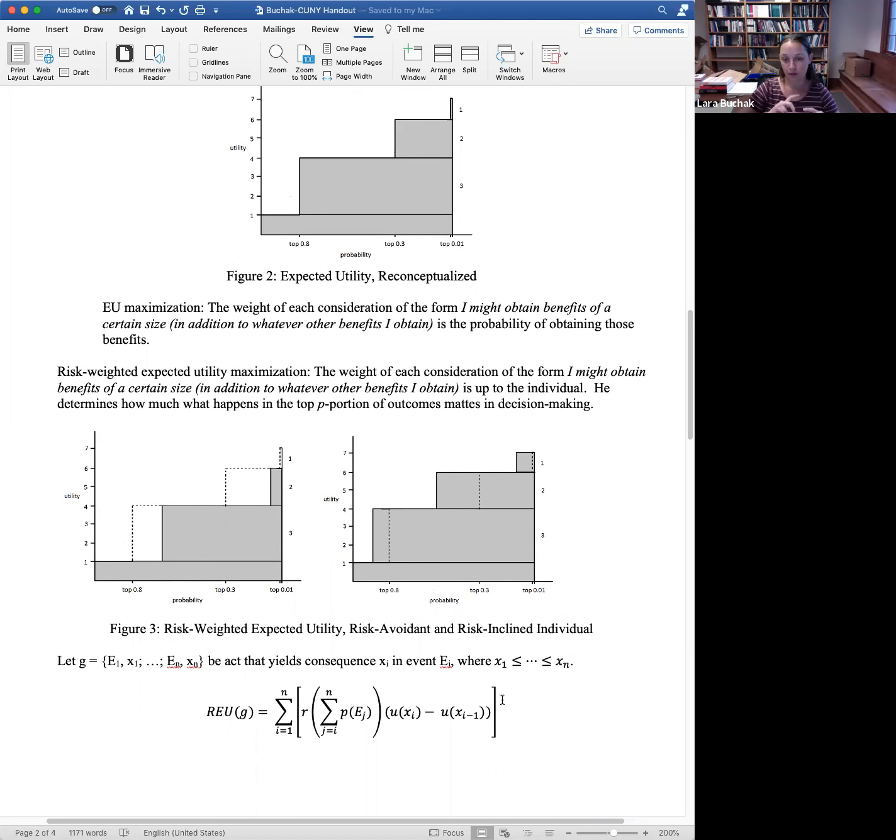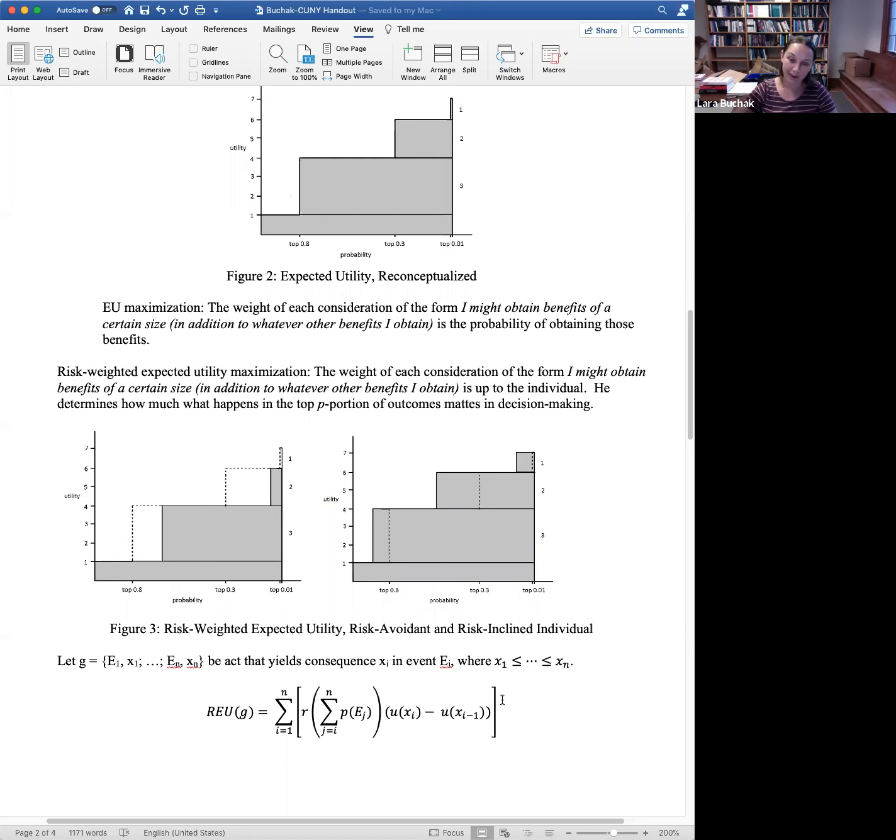whereas normally in expected utility, the utility intervals that I've drawn on these figure 2 and figure 3 are weighted by the probability of reaching a level at least that high, in risk-weighted expected utility, they're weighted by a function of the probability of getting something at least that high, which I call the risk function. If the risk function is convex, you're going to look like the graph on the left in figure 3. So as considerations obtain only in a smaller and smaller portion of possible states, you're going to weight them proportionally less and less. If your risk function is concave, you're going to look like the graph on the right.